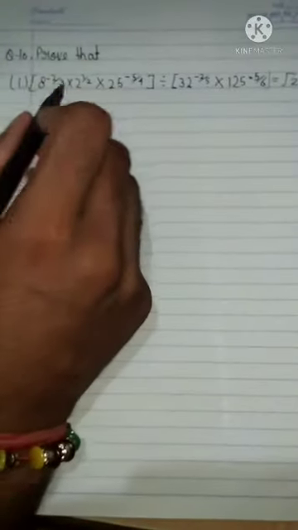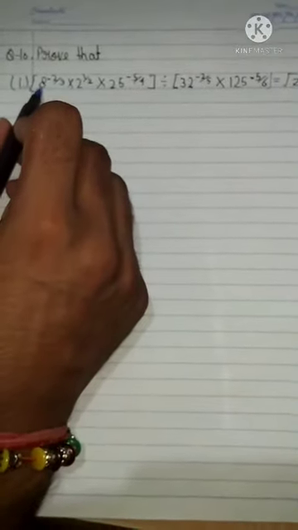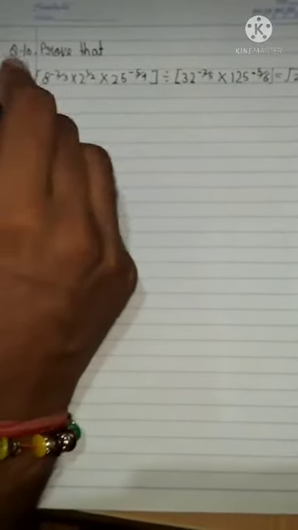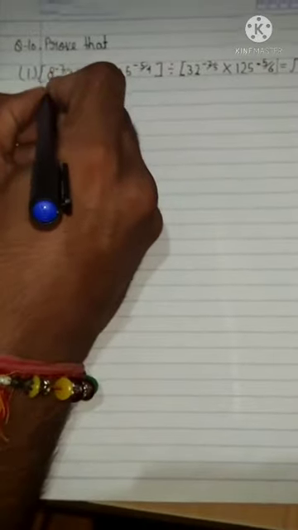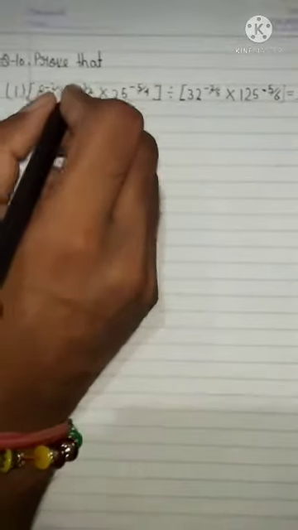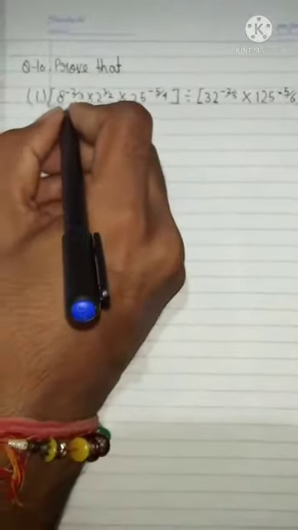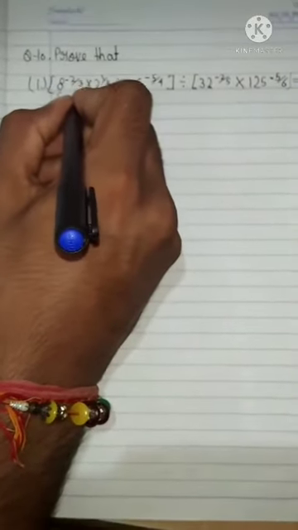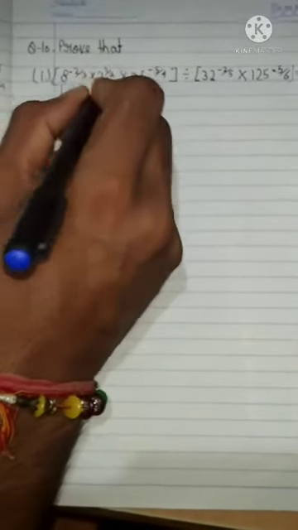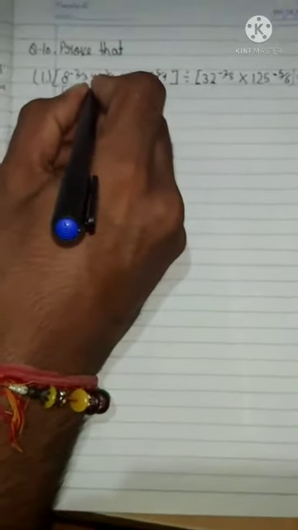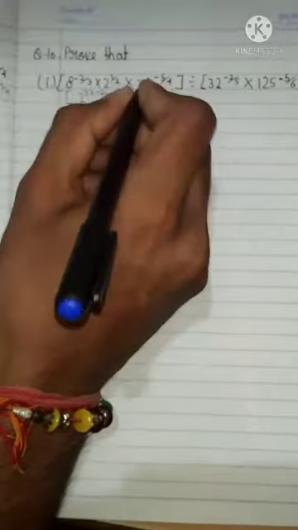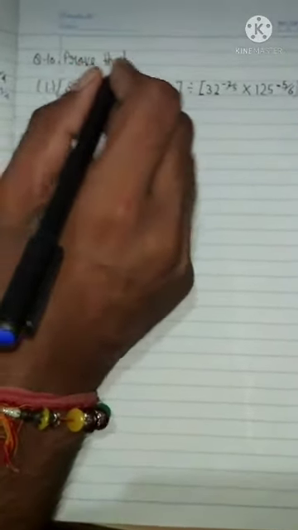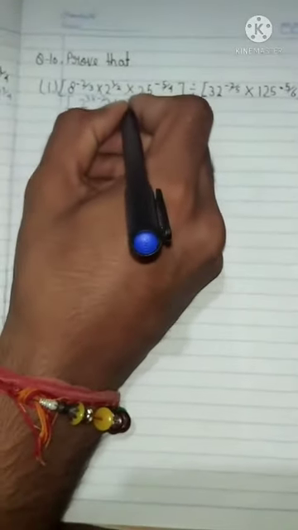So first we change the base of 8 to the power minus 2 by 3 into base 2. What can we write in place of 8? We can write 2 to the power 3 in place of 8. So write the power into minus 2 by 3 using the identity a to the power m, whole to the power n, equals a to the power m into n. I am directly applying 2 to the power 1 by 2.